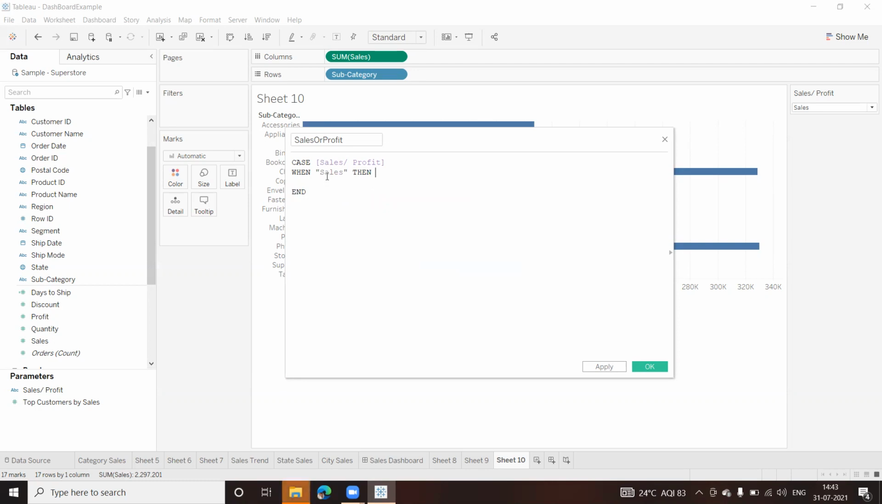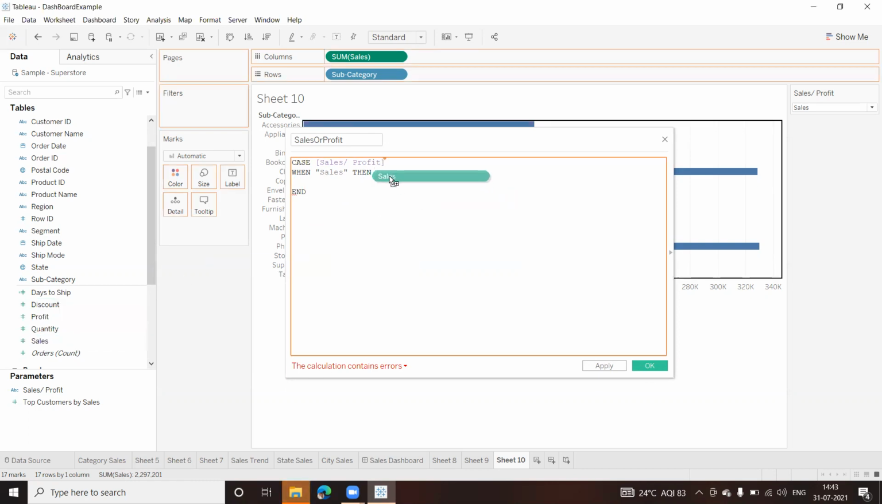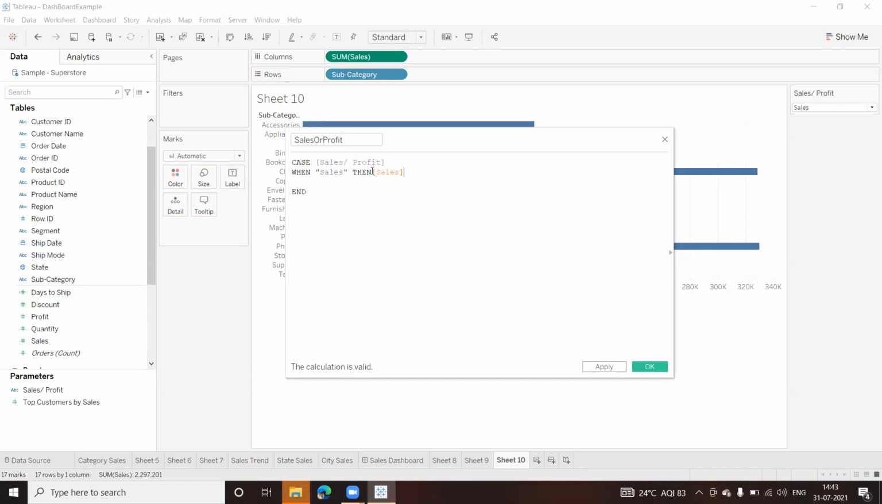Then I want which field? I want the sales field. So I'll just drag and put it here. A space here is required, so I'll put a space. Fine. So if I select from the drop down, if I select sales, then I want the sales field. Else, one more WHEN, if I select profit,